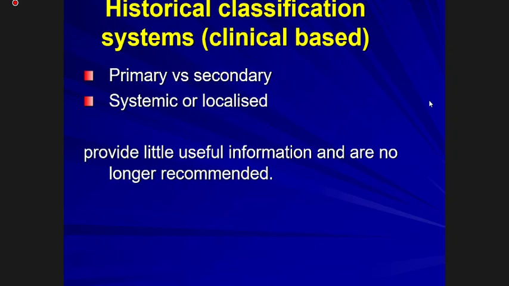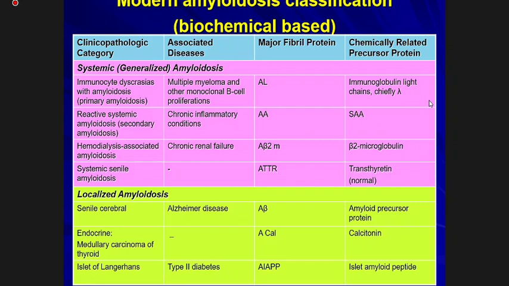So we will classify it based on systemic or localized. Okay, so you can refer to this table. So systemic amyloidosis is formed mainly by